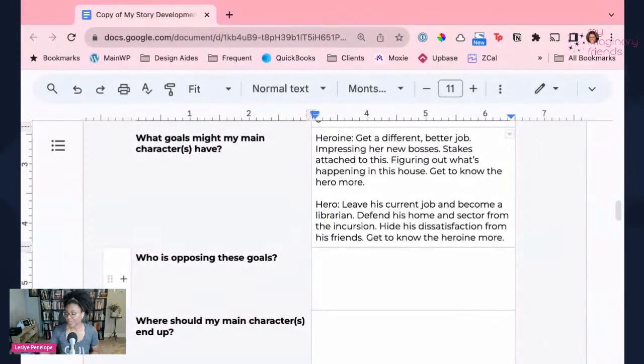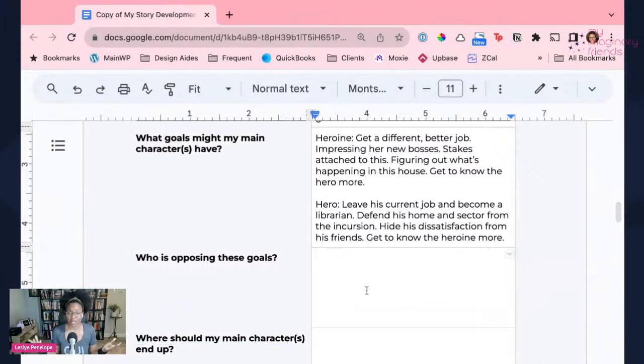And who is opposing these goals? So that is our antagonists. It is important to have strong antagonists, even if it's not an adventure story, and if it's a smaller story, not adventure-y or battle-y. Someone is opposing them. It could be a mother: your mother wants you to marry this person, you want to marry that one, or you don't want to get married at all. Opposing the goals for the heroine, at first, is going to be the boss at the hotel,